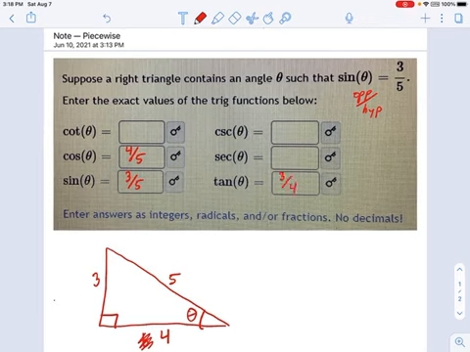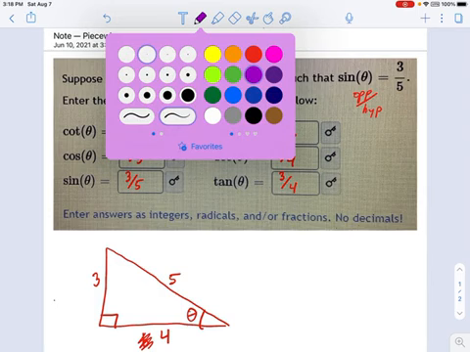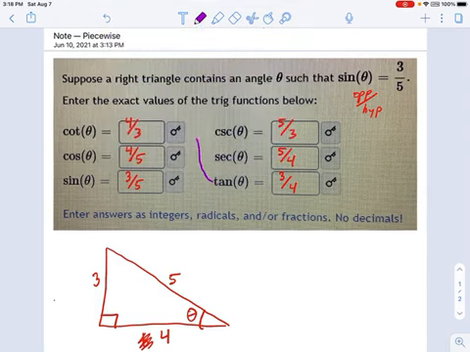And now all that's left is these reciprocal functions. Just flip your fractions over and line them up right. So tangent goes with cotangent. That's going to be 4/3. Secant goes with cosine, so that'll be 5 over 4. And cosecant goes with sine. That'll be 5 over 3. And at this point, we're done. The important part, I would say, is just remembering how to build these reciprocal functions. Remember where these different things go.